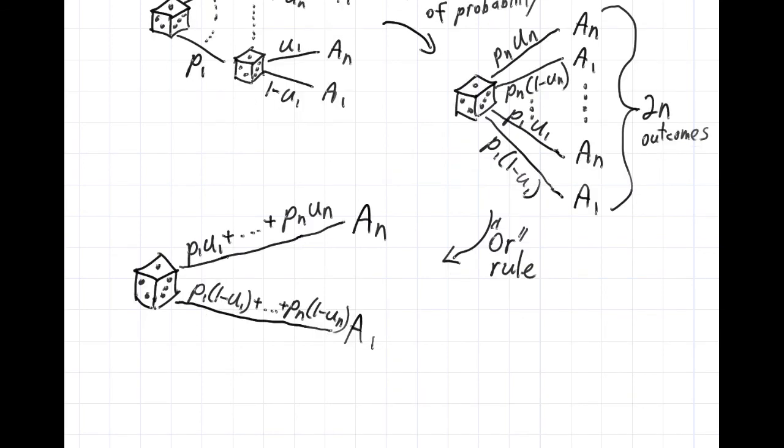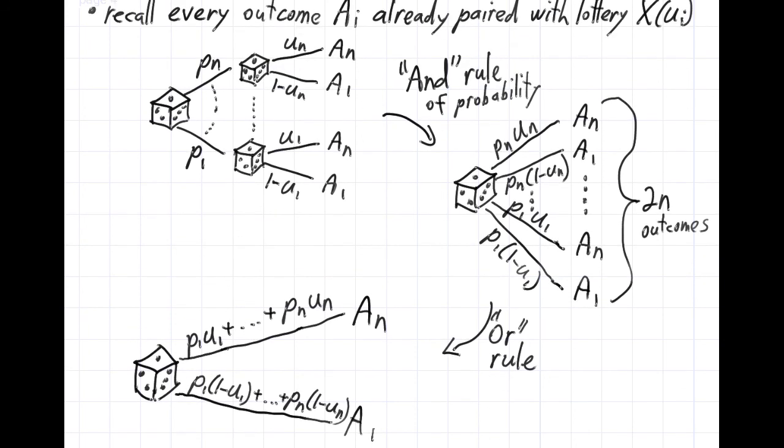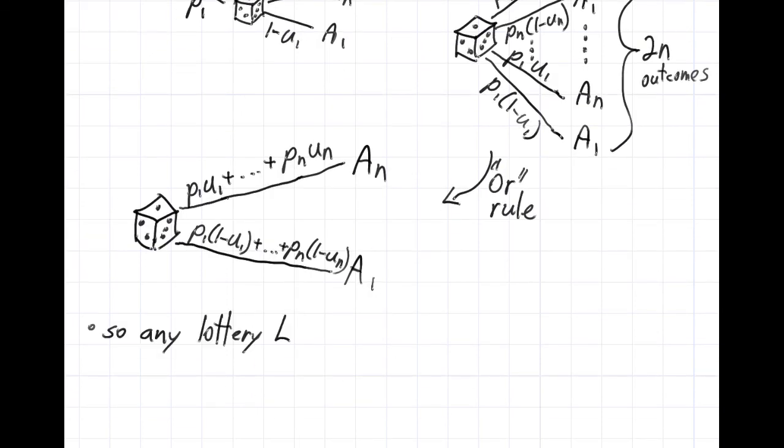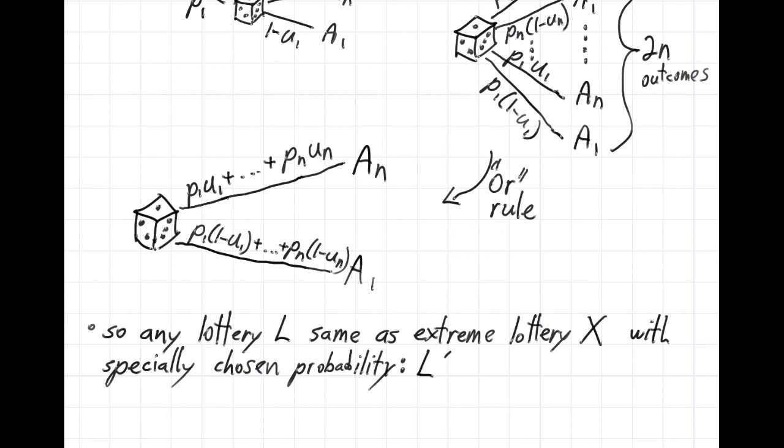So what have we done here? What we've just done is shown that any general lottery can be rewritten as one of these extreme lotteries with specially chosen probabilities for the branches. Or in other words, some lottery L1 with probabilities P1 to Pn gives us indifference versus an extreme lottery with just one probability, that is the sum of all of these, P1U1 plus all the other PiUi up to